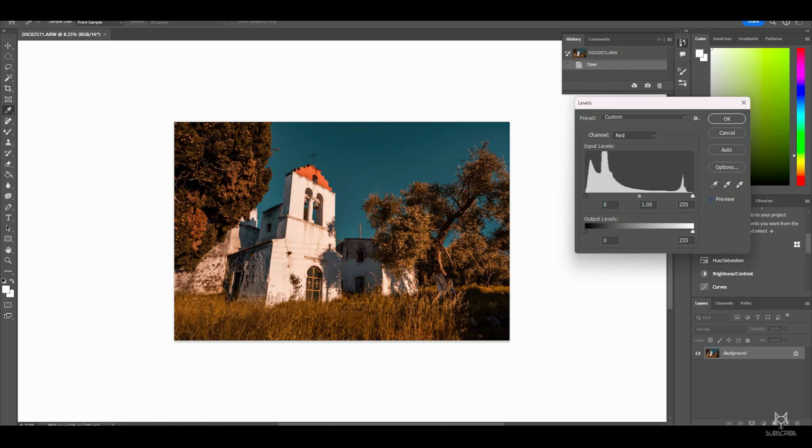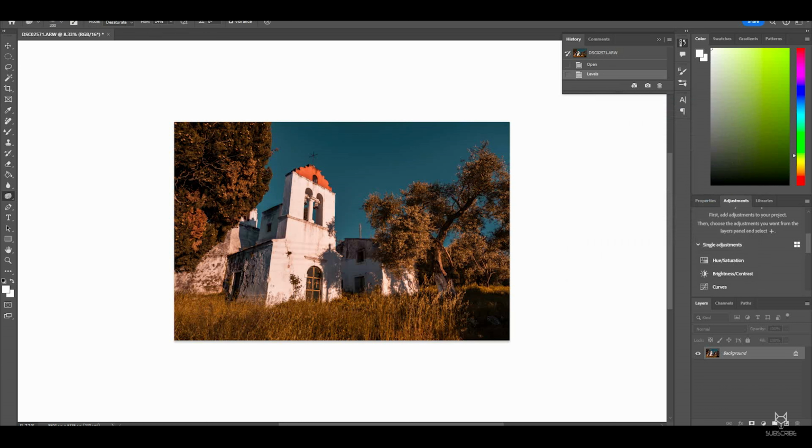Okay, just before and after, before and after. Again, it's subtle changes. So there we go. Again, I would just add a little bit of dodge and burn. Not a whole lot, to be honest. I mean, it's just being pernickety really, but